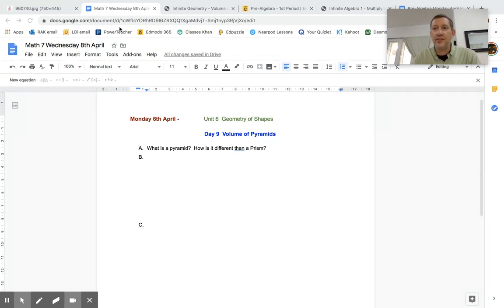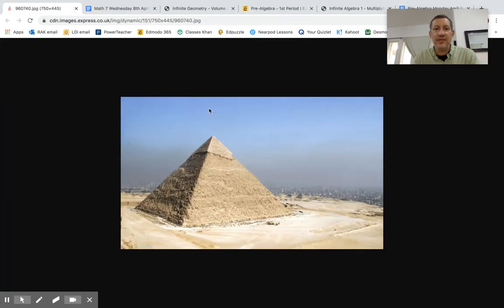Now, the biggest question is, what is a pyramid? Well, you might think that is a pyramid, and you're right. This is a pyramid right here. It's not only a pyramid by name, this is the ancient pyramid of Giza, really cool place, but it's also a pyramid by shape. See, we have four sides on this pyramid, and then two sides you can't see,